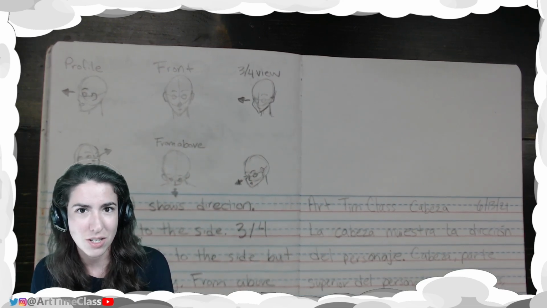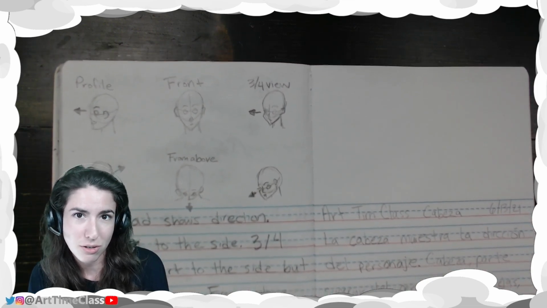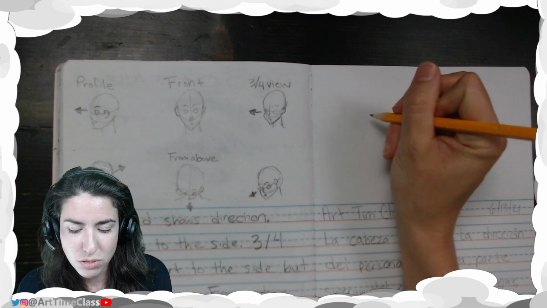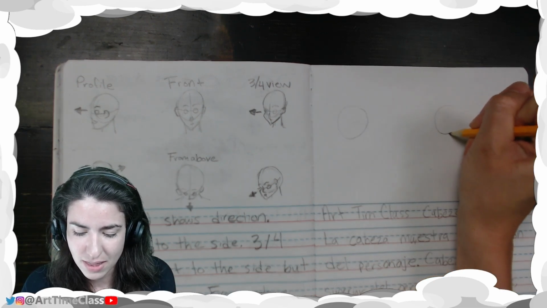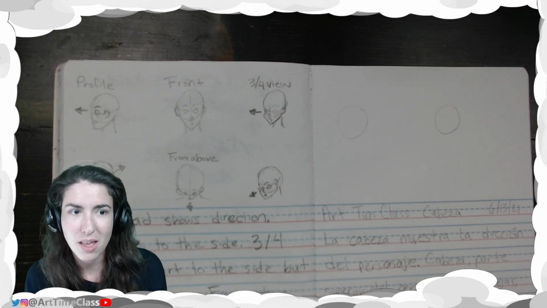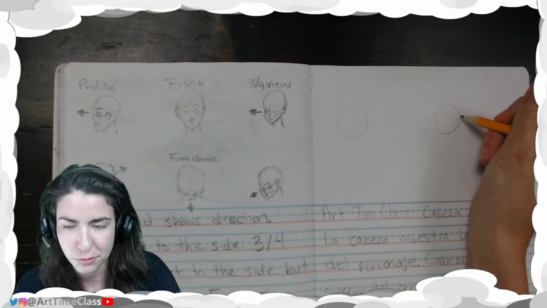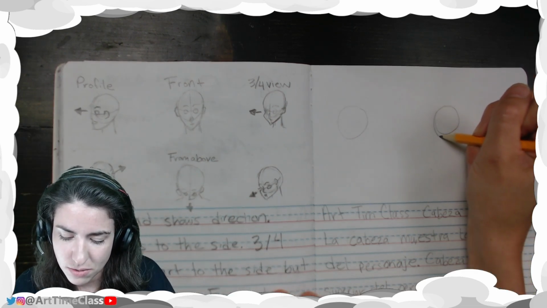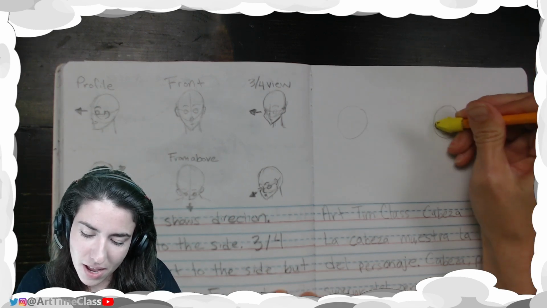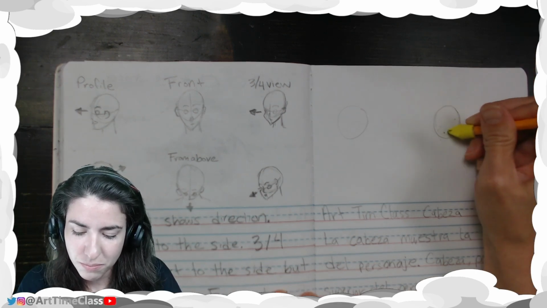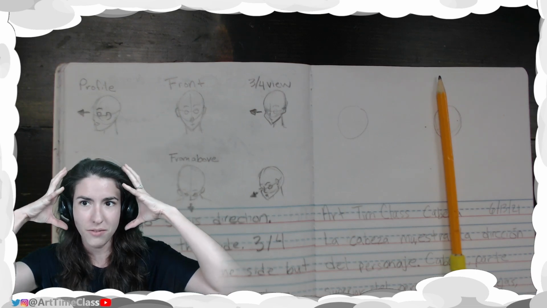Once you've picked, you're going to start by drawing a circle. I'm going to do 2 circles because I'm going to do both profile and front facing at the same time. Ooh, let's make that a little bit bigger. There we go. Now that I have the main circle, that's like the top part of the head,